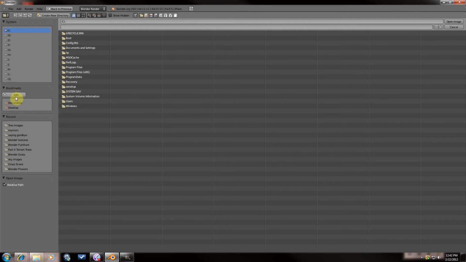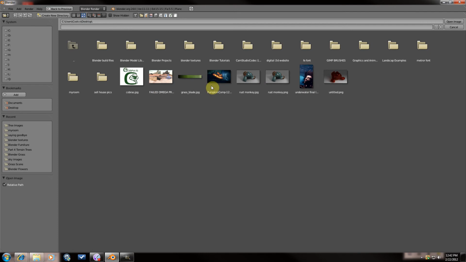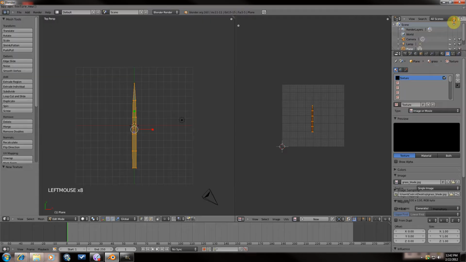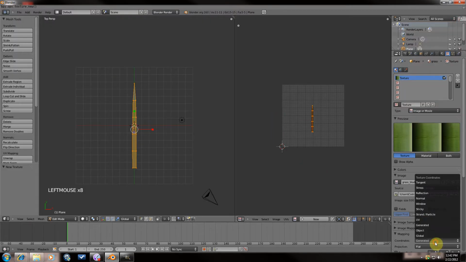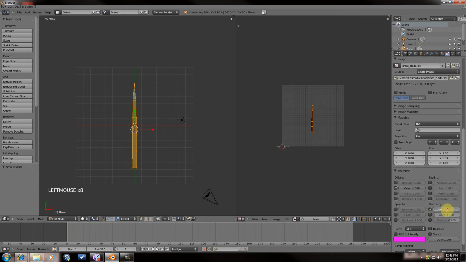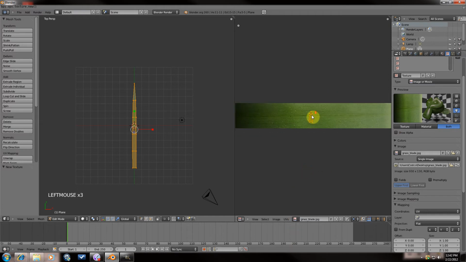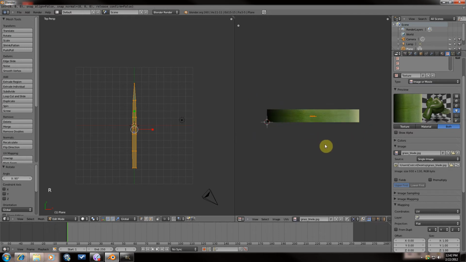We go to desktop, and I don't know what it was called. There it is, grass blade. Open the image. We want it to use UV. And we do want some normal, say 0.1, color's good, both, and I usually like to use the monkey head. And then over here, now we need to pick that image there, and you can see it's totally whacked out, so let's just do another project from view, rotate it 90, scale it up,